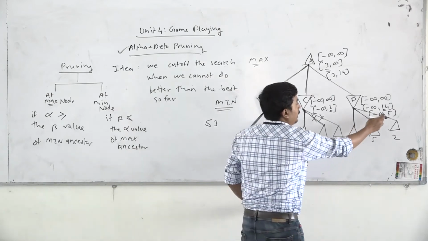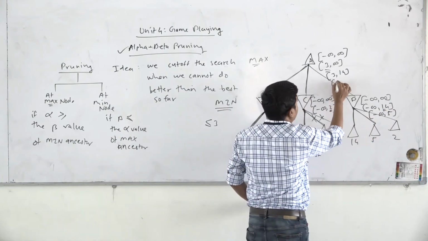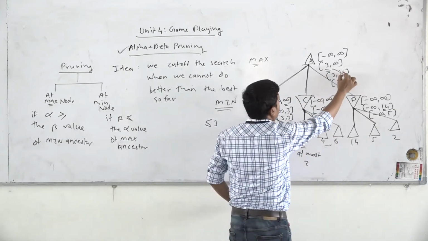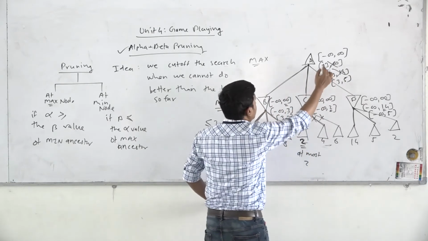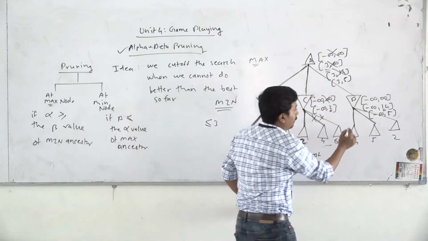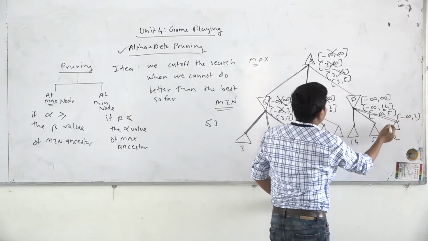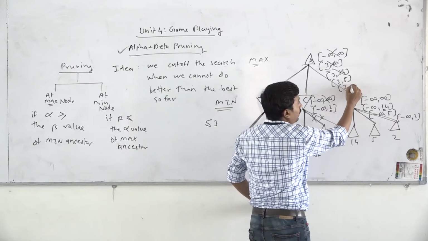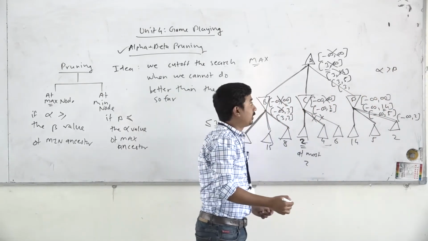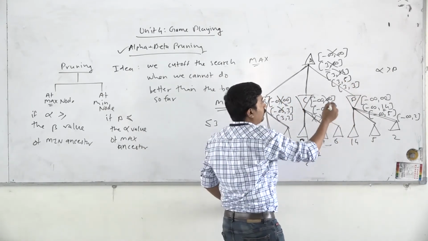So we'll update the value of the beta, and here also that value will be updated. The previous values are overridden, right? So this will go away. Then we will visit this branch, and its beta value will become 2. Here there will be no case where alpha will become beta, so we'll have 3 only, and our algorithm will stop here.